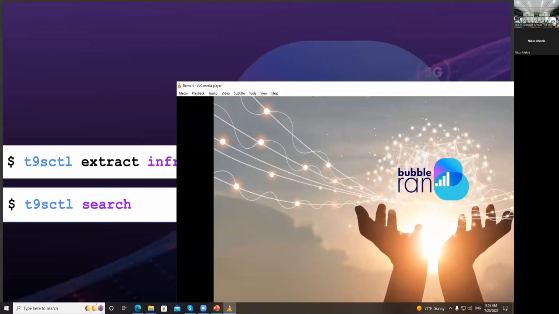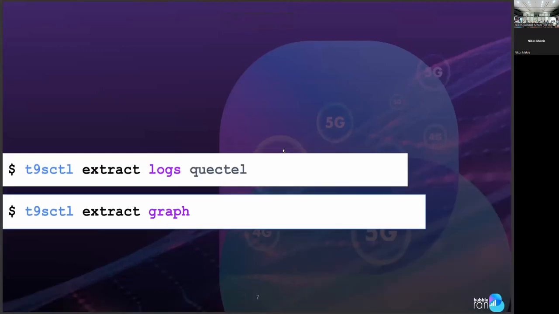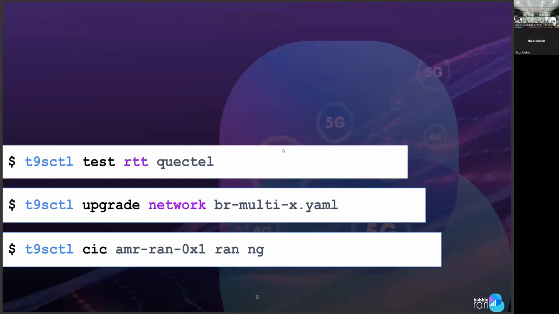Yes. So let me see if I have anything extra to tell you. Yes. So for instance, this is one of the specific commands for CIC, CLI and CLI to get, for instance, the NG connectivity of the RAN, which returns whether the RAN is NG connected to the core network. This is the standard CLI that is available for this. I think with that, I finished